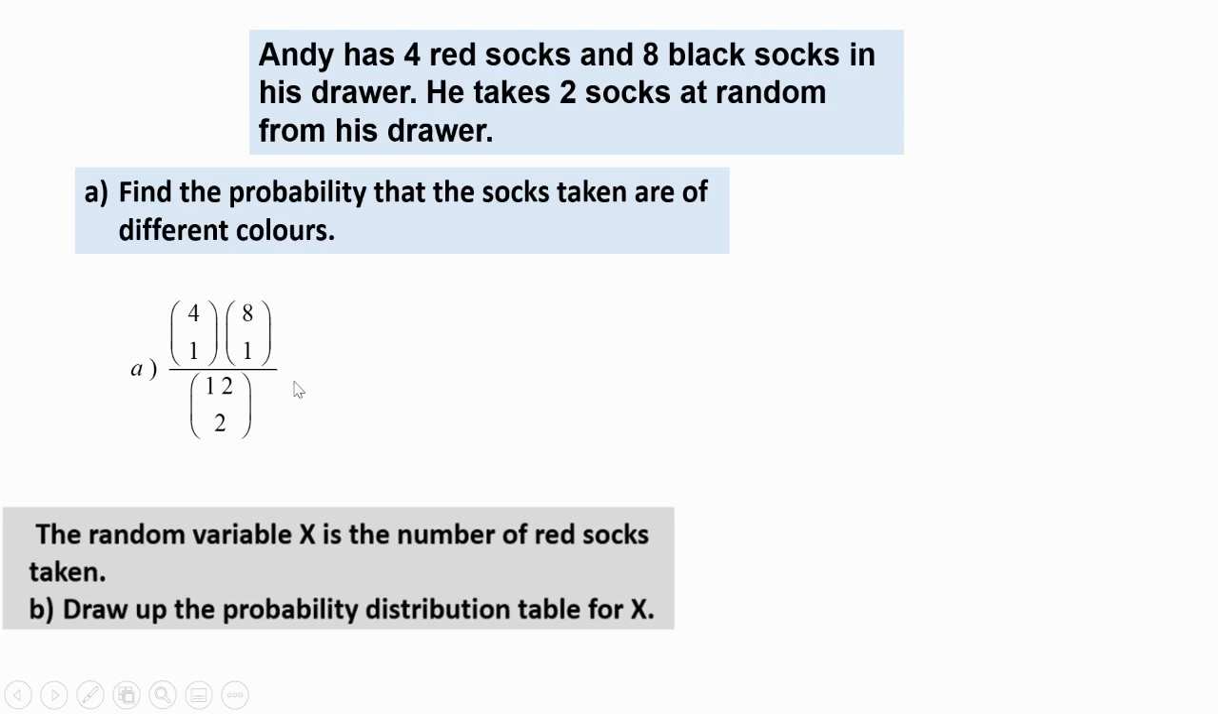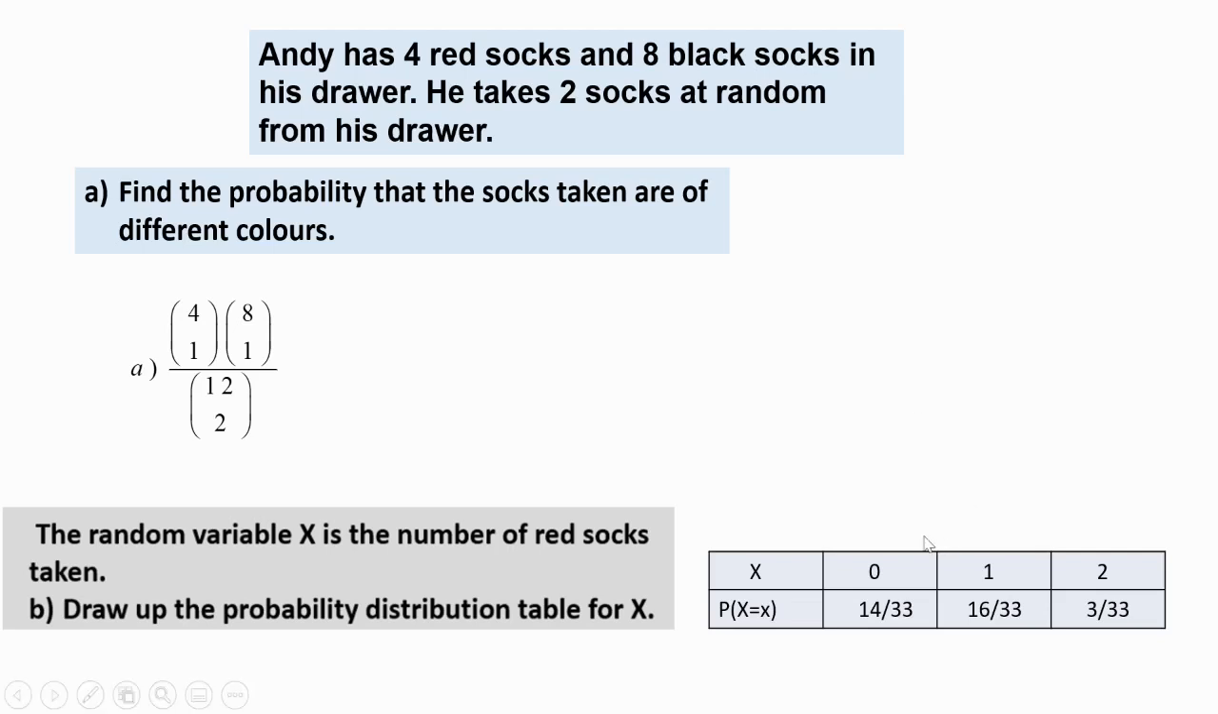Okay. The random variable x, they say, is the number of red socks taken. Draw up a probability distribution table for x. All right, so now it's getting a little bit more real. So the probability distribution table has got your random variable at the top, and then all the possible options. So what could you have got? This is my 0, means I could have got no red socks. 1 means I could have got 1 red sock, and 2 means I could have got 2 red socks. Okay, so my probability that